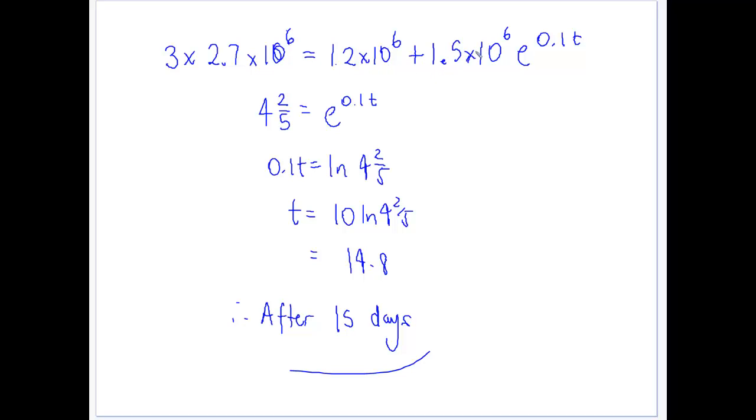And we've got all our other values there. So we do the subtraction, and then we do the division by 1.5 times 10 to the power of 6. Gives us a value of, nicely, 4 2/5 equals e to the power of 0.1 times t. So again, take our logarithm, and then we're able to work out t is equal to 14.8, which means